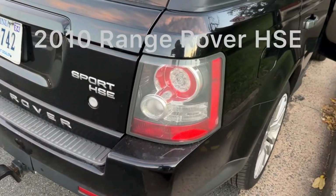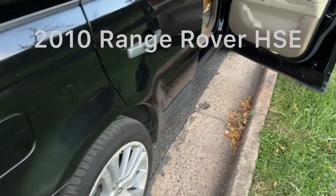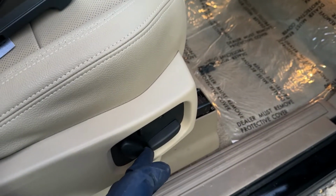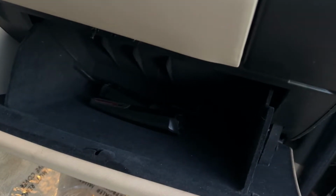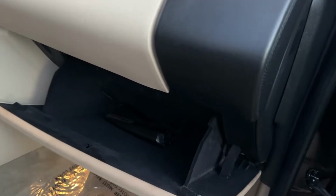2010 Range Rover HSC. The driver's seat was not working at all. It was out, the radio was out, the radio was completely off. So I found out there was a fuse that's located here on the passenger side, right here in this area,